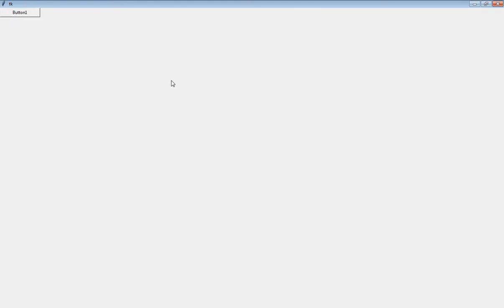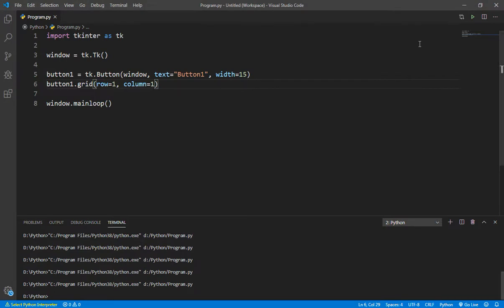Why? Same reason, because there isn't any other widget to define the width of the column. Okay, so here is button1. So now button1 has defined the row and column width. Okay, so let's give it 0 and 0.